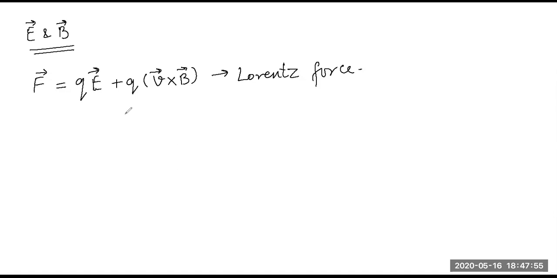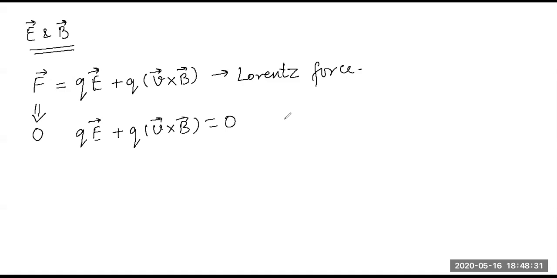Now, the electric field can be in any direction, and the magnetic field can be in any direction. Now, let's say I want to make the force zero. Just understand the statement, and I'll tell you what the use of it is. I want to make this force zero. Then what I want is that QE plus QV cross B should be equal to 0.